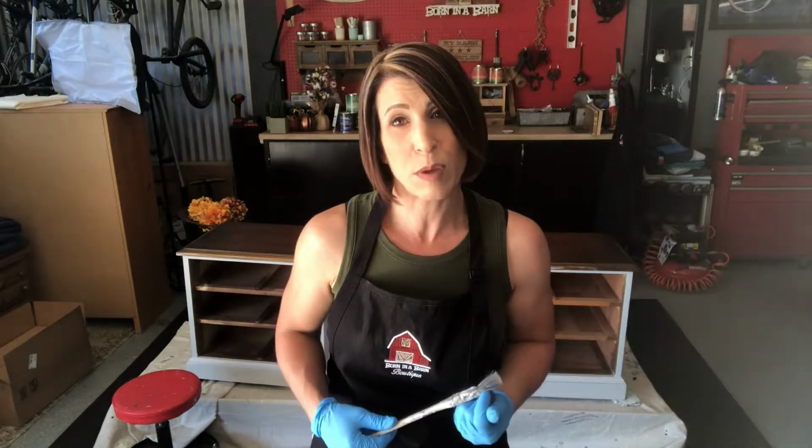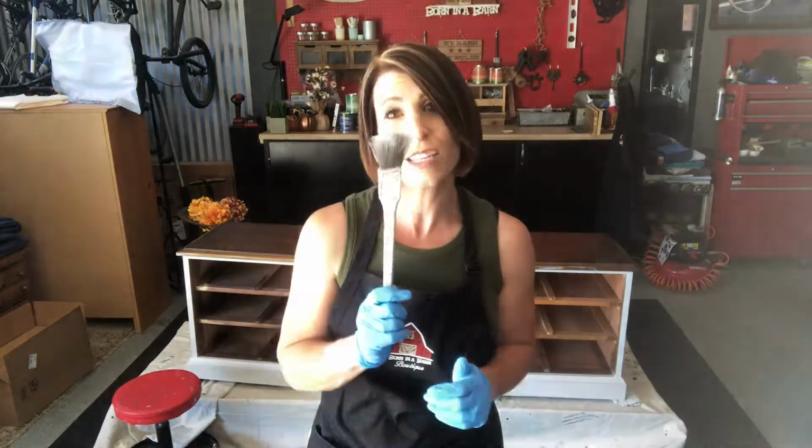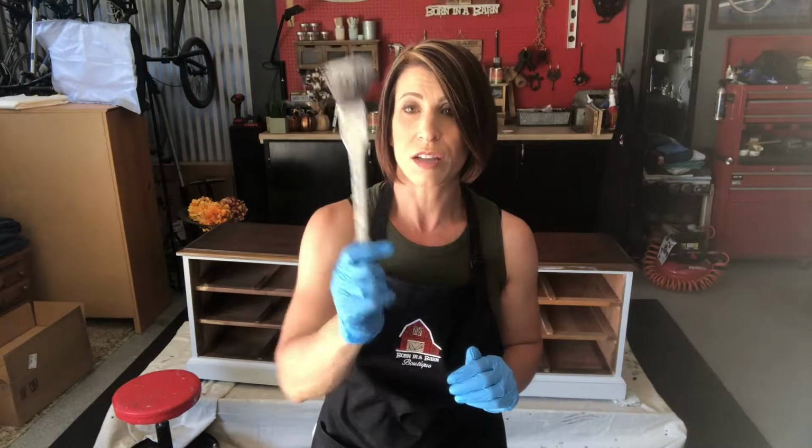Now I'm going to show you guys my brush and you're going to go, oh my gosh. But look at this brush. It's kind of crazy, right? I mean, I have the same exact brush that's all nice and intact. I use this for dry brushing and there's a reason, because it's all kind of fanned out and it's old. As you can tell, it's got so many layers of paint on it, but these are great brushes for dry brushing,